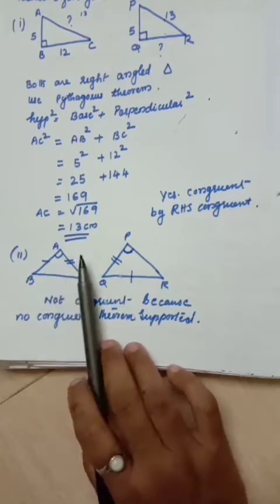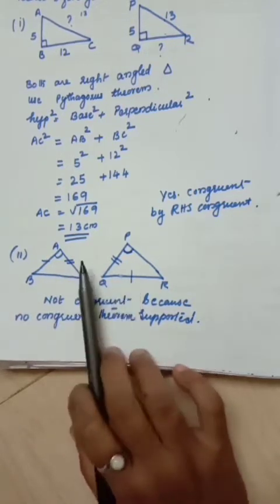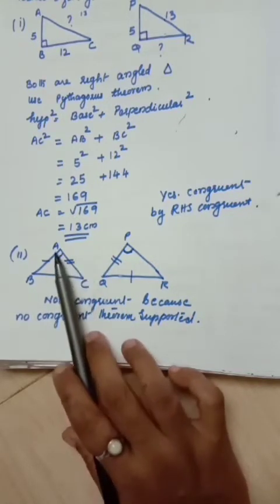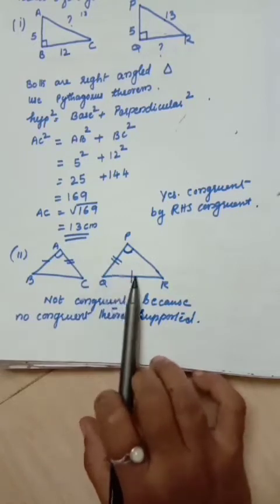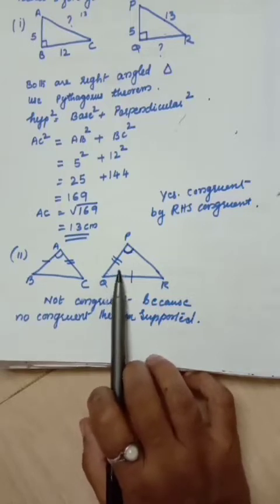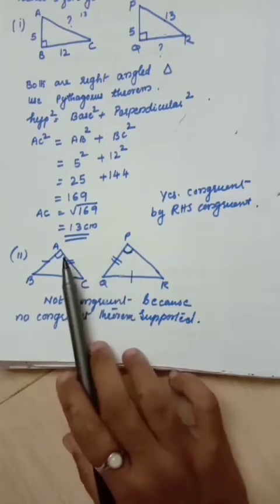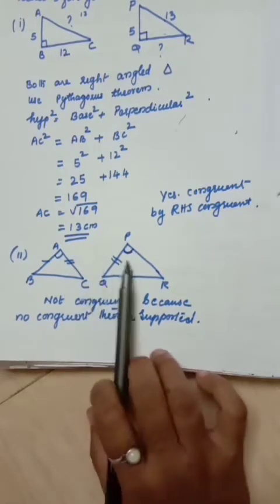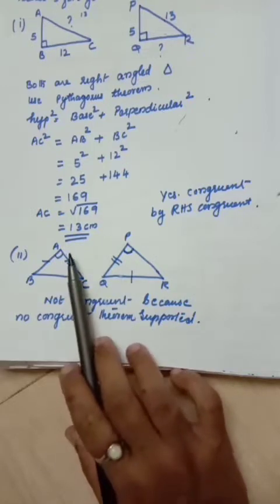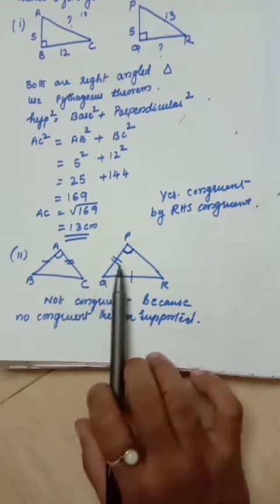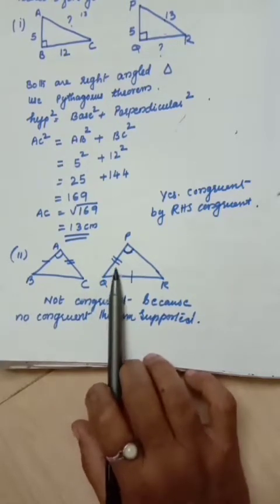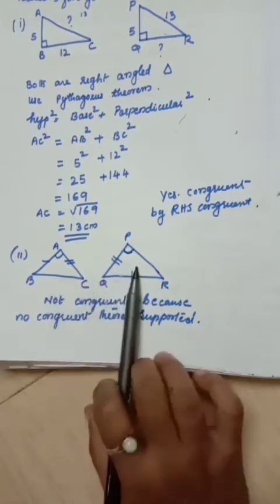Check it. Here it is okay. This side is equal to this side. This side equal to this side. But the included angle, this side's included angle is this. Then these two sides' included angle should be this one. But about this angle nothing is given in the figure. This angle and this angle only are equal. So we can't say these two triangles are congruent by SAS rule. Clear? If the angle were given here, then these two triangles would be congruent. But the included angle is not given, so this is not a congruent triangle.